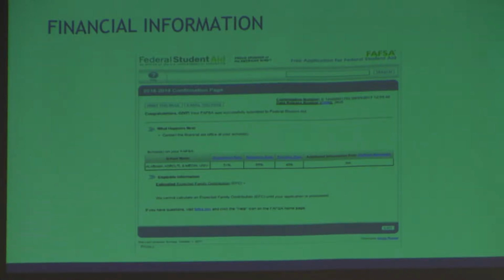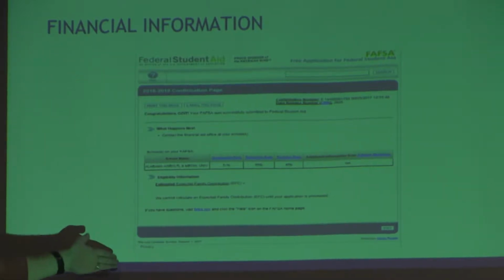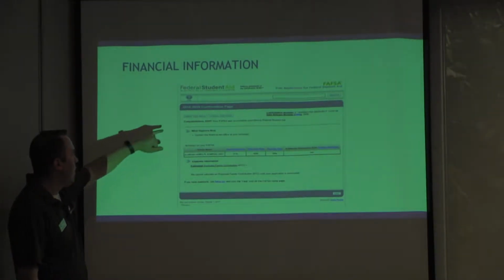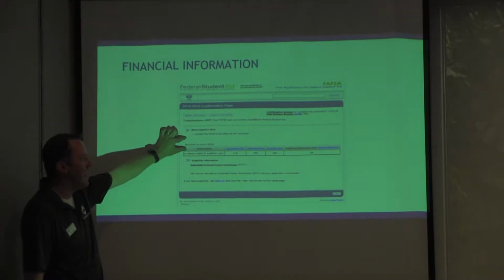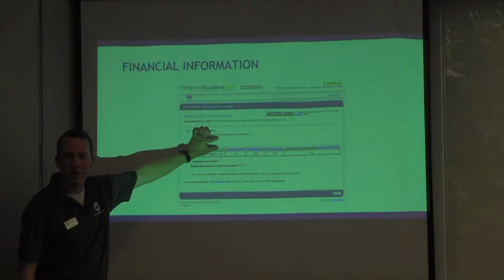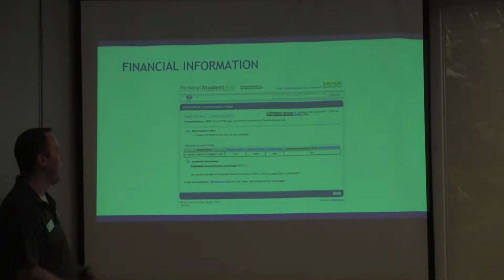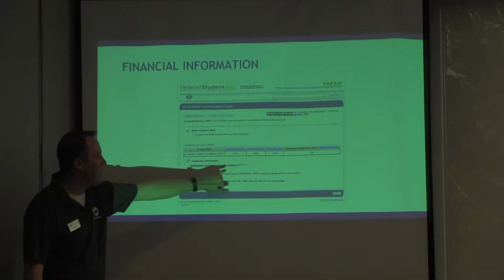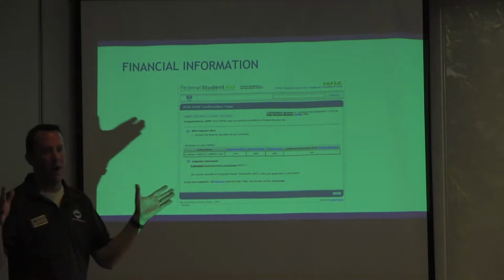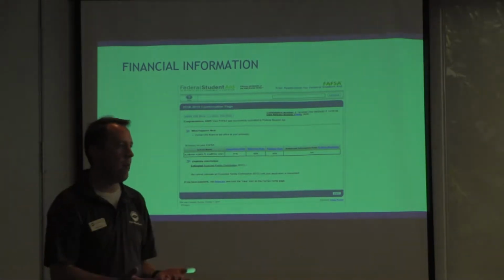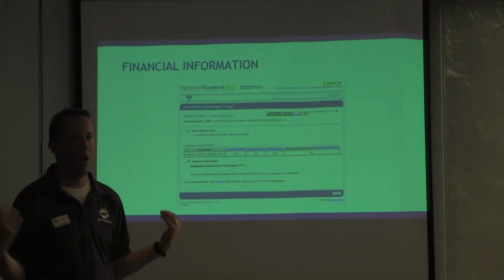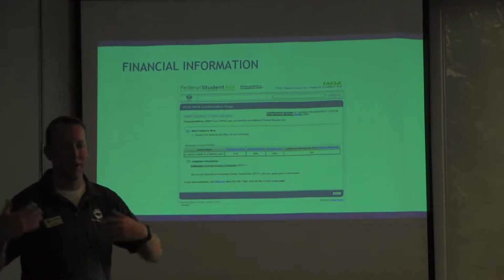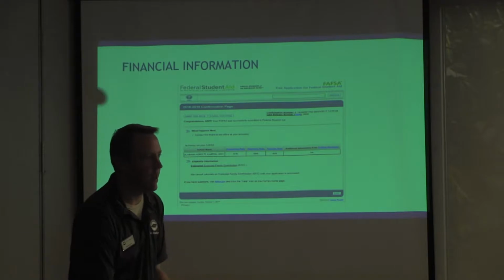So once you're completed with the FAFSA, it'll give you a page that looks like this. You've entered which school the student plans on attending. What happens next? Then there should be a link in this little area that says start your state application. It's a portable screenshot. And then it'll give you your EFC. So it'll tell you how much Pell Grant you qualify for and how much federal aid you qualify for right after that. You'll want to click on the link that says go to your state application, and that's where you'll start qualifying for each state